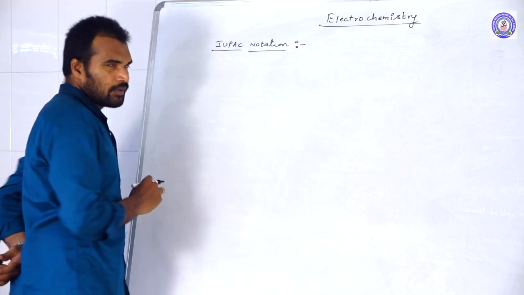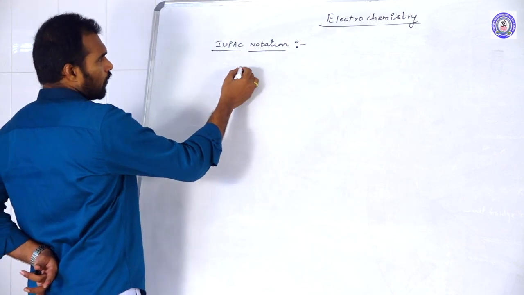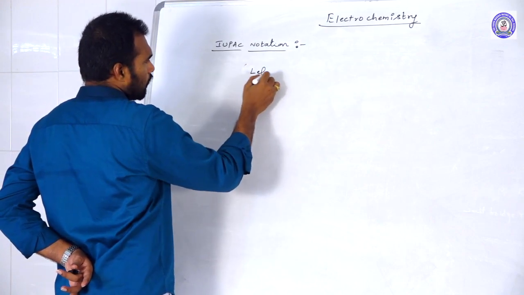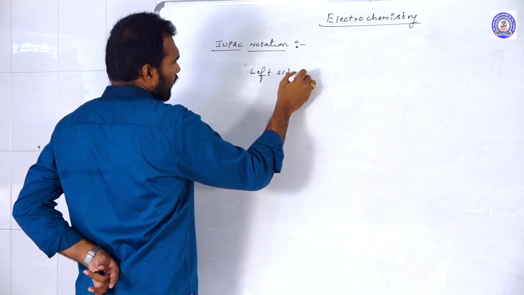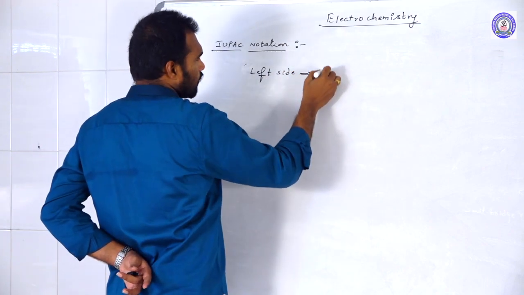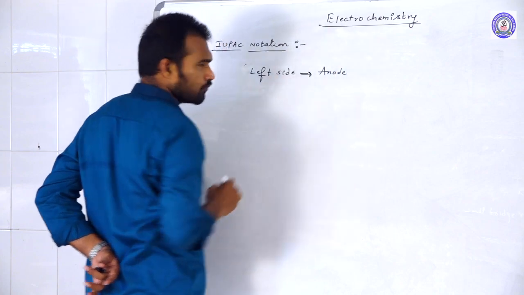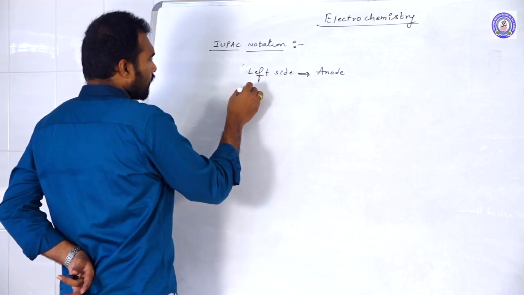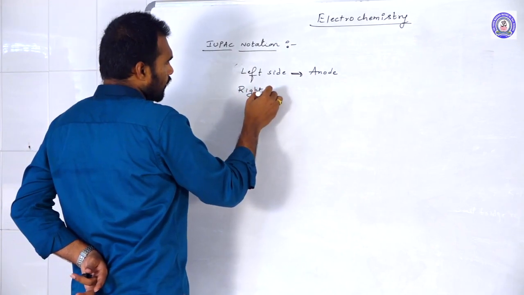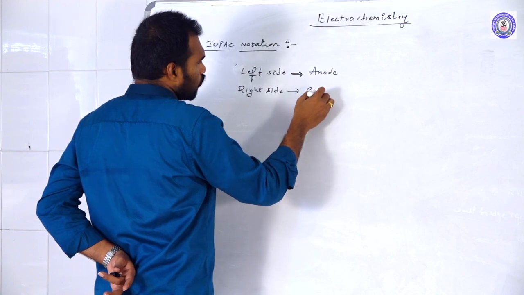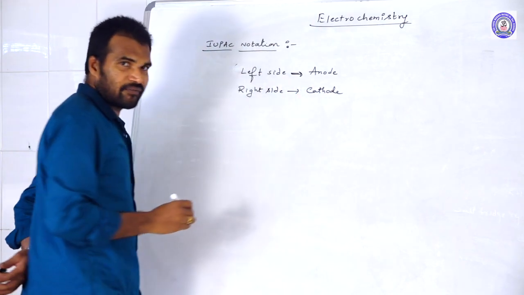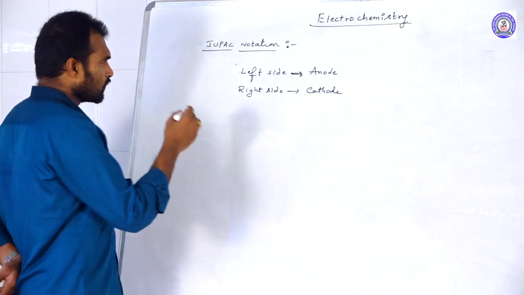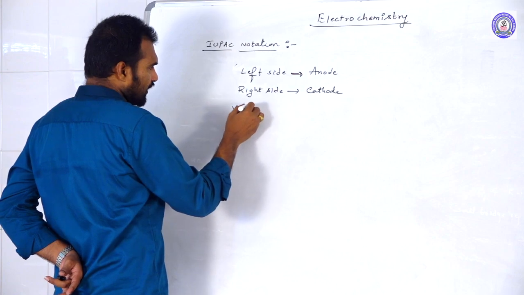Always remember that in IUPAC form, the left side is always the anode. The anodic half-cell we should write on the left side, and the right side is always the cathodic reaction. Left side is anodic reaction, right side is cathodic reaction, and a single vertical line,